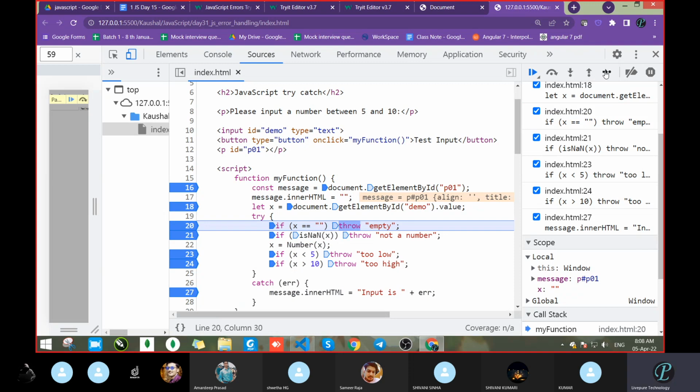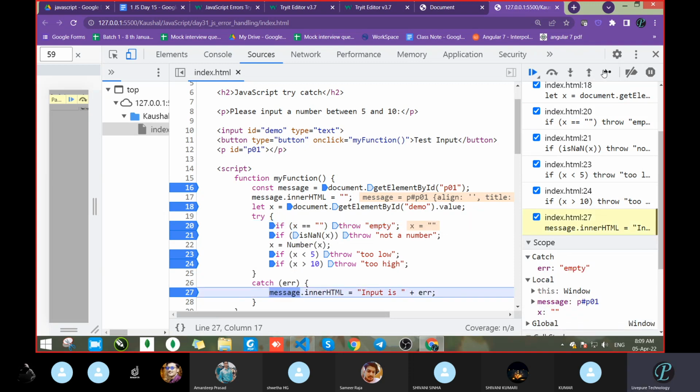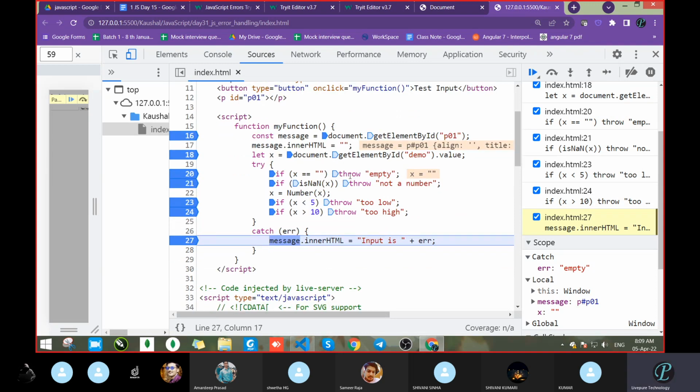It came on the throw. Where did the cursor go? The cursor went directly into the catch block because the error is there. It is telling us to throw the message if this condition is met. So X equal to empty, and directly it came into the catch block. We don't know what happened here. Put the cursor over err. You will get something. What happened? It's showing empty. From where did this empty keyword come? Where did this empty text come from? Please speak. Otherwise, I will go. I will not start the debugging process.